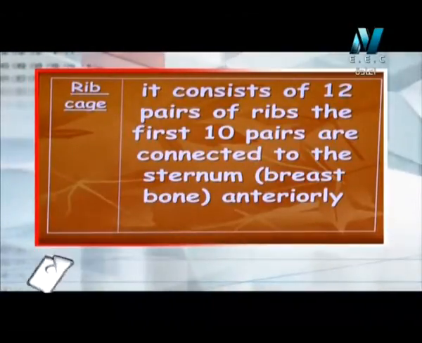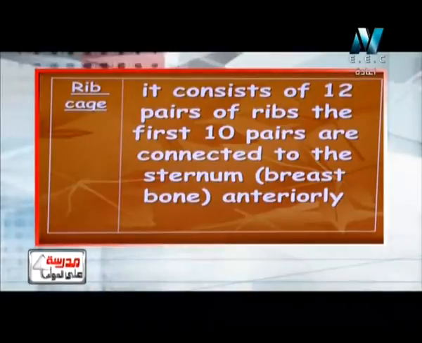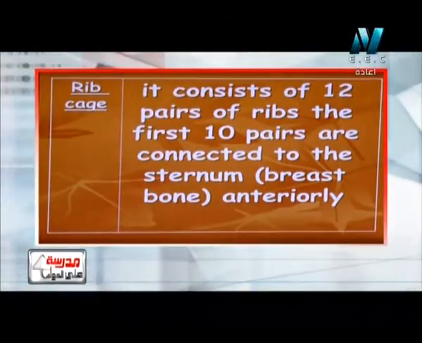All of us have 2 pairs of ribs that are not connected to the sternum. Why? I think it's a very easy question. To give all of us the ability to inhale and exhale, or make the respiration process easy. Imagine that all your ribs were connected to the sternum. You would be like that now. You cannot move in respiration easily. So the other 2 pairs of ribs are not connected to the sternum to give you the ability to respire or to breathe easily.